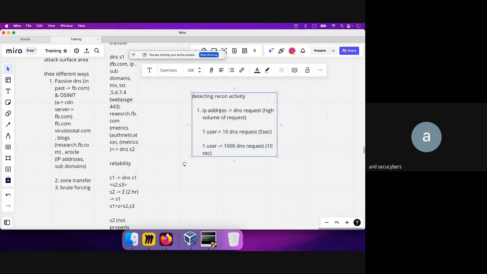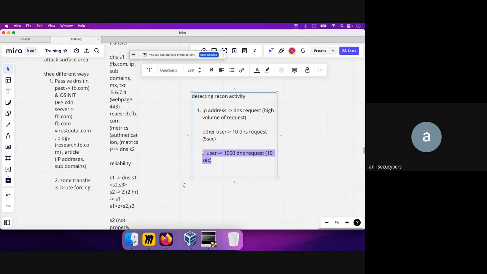So this is potentially malicious traffic, because it stands apart from the other users. Other users are making 10 DNS requests, but there's one user making thousands of requests. So one way is to set up an alert that points us to those users who are making a huge volume of DNS